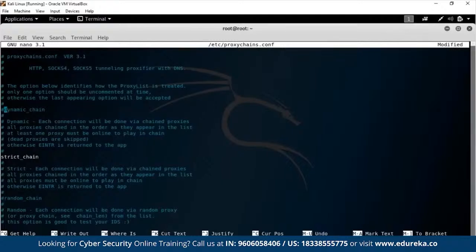And here's why. Now, suppose you have proxies A, B, C, D. So those are some servers with IP addresses, with open ports. And if you have a strict chain policy, which is enabled on this computer right now, as you see, we can only access any site on the internet by going through A, B, C, D. So you have to go through all of them, and you have to go through them in that specific order, that is A, B, C, D. And that's not always a good thing. I mean, if you're paying for 5 proxies, that's not a problem because they will always be operational and they will always be up. And why not?